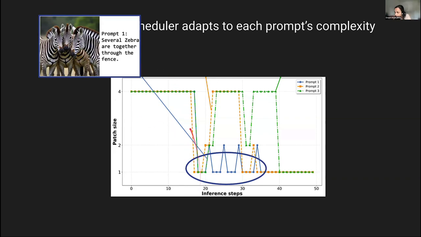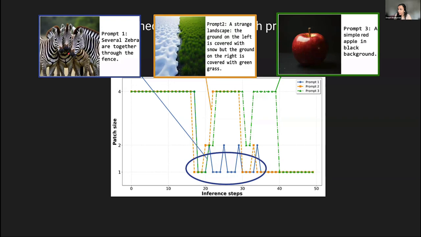You would notice that for the earlier time steps we were able to get away with patch size of 4, but in the mid and towards the end, we ended up constantly using only either patch size 2 or 1, presumably because of the finer grained zebra patterns.